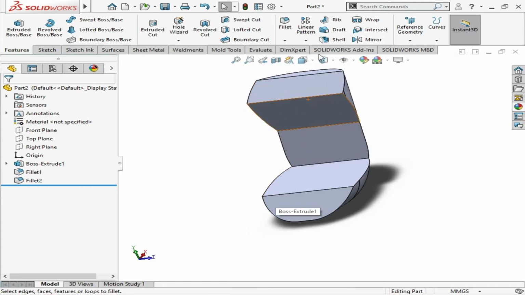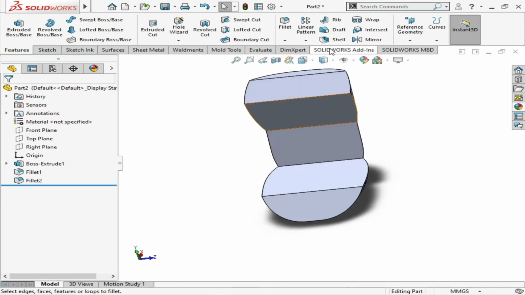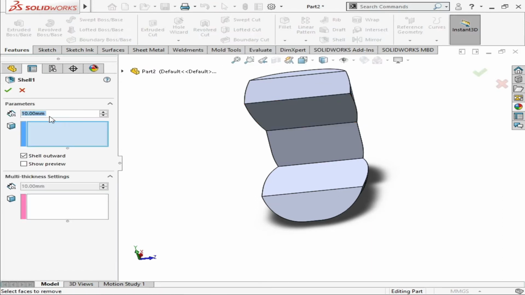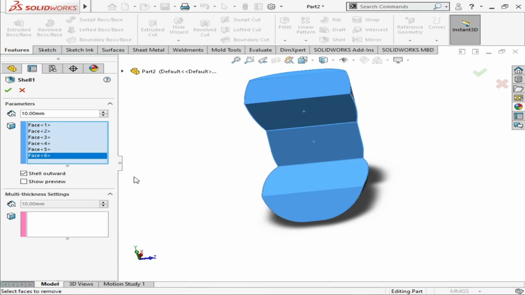For this purpose, we will use the shell tool. You will select the parts you want to make a hollow cavity between, and you have to uncheck it and check show preview, so that you can see what is going to be done, and you have to minimize it.